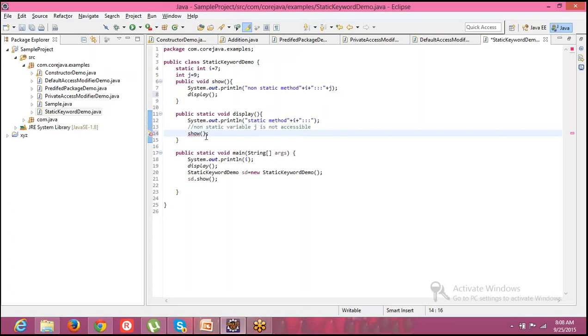In another way, I can say a static method can access only static properties. Properties in the sense it can be a variable, it can be a method. Whereas a non-static method can access static properties as well as non-static properties. So everything can be accessible inside a non-static method, whereas static supports only static. That is what we learned.